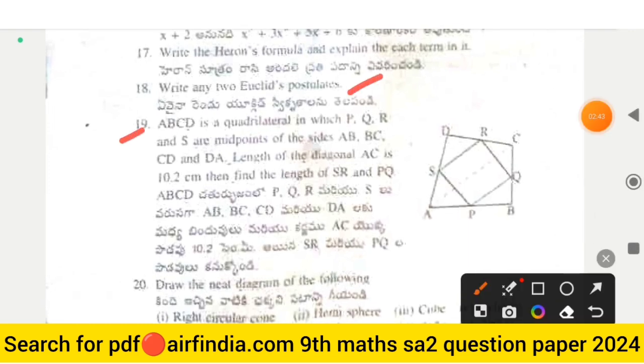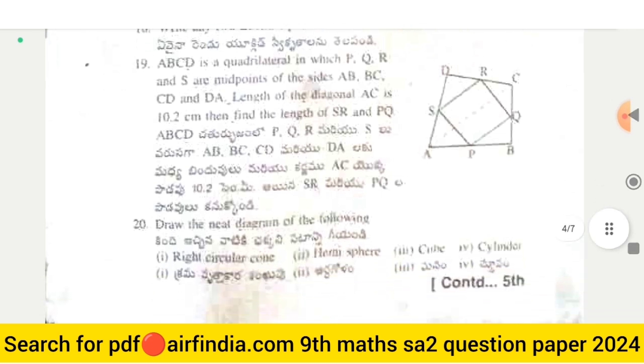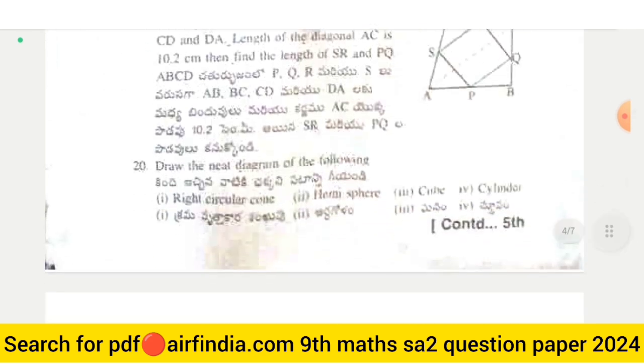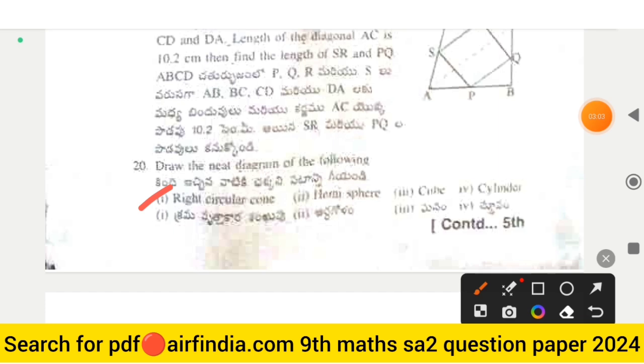ABCD is a quadrilateral in which P, Q, R, and S are midpoints of the sides AB, BC, CD and DA. Length of the diagonal AC is 10.2 centimeter. Find the length of SR and PQ. Okay, so this is the full question 19, and this is 20. Draw neat diagrams of the following. Okay, so here are a right circular cone, hemisphere, cube, and